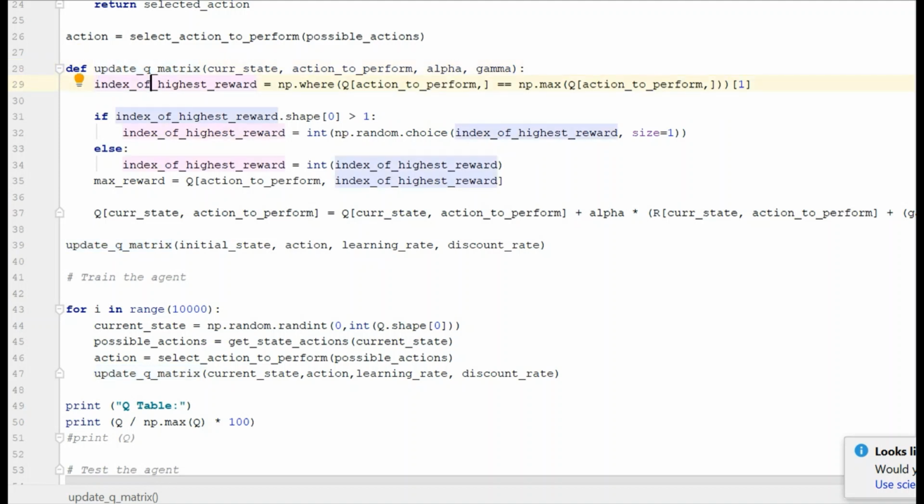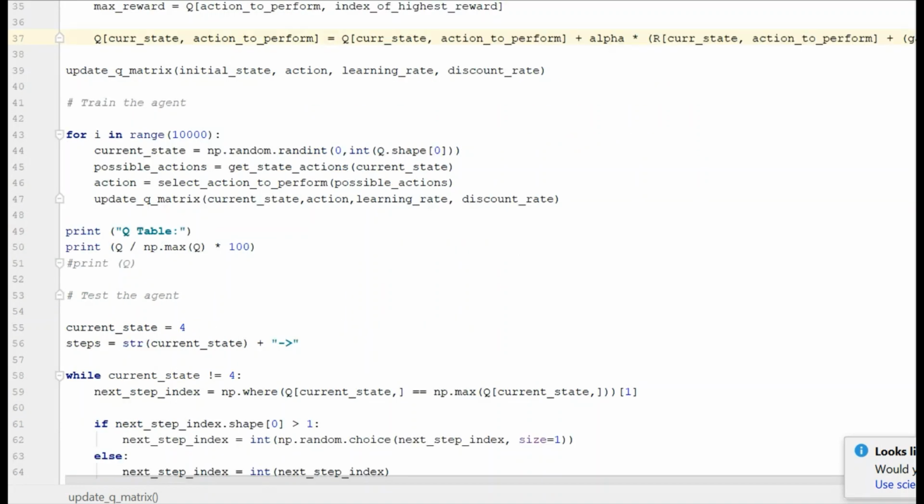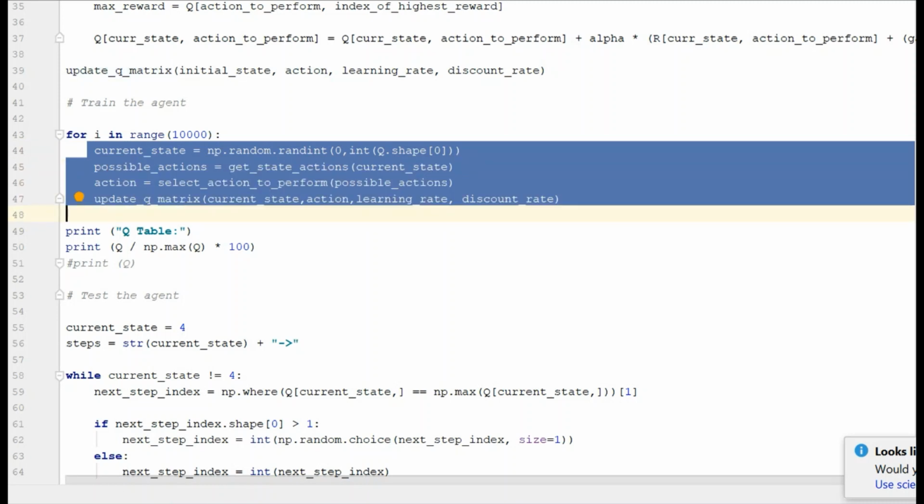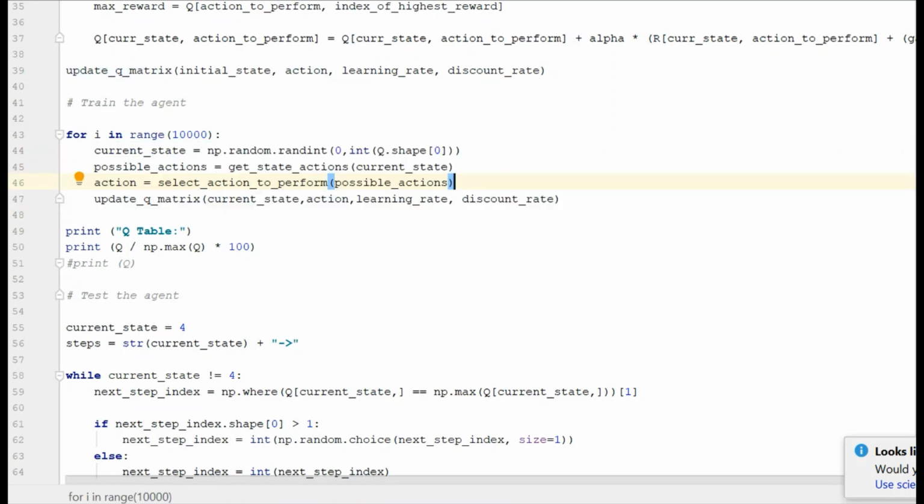So first we get the index of highest reward, and then we calculate our Q value. To train our agent, I am doing 10,000 iterations. So here you can see how my code will look like. Then finally, I am printing the Q table. The next row is to normalize the values.